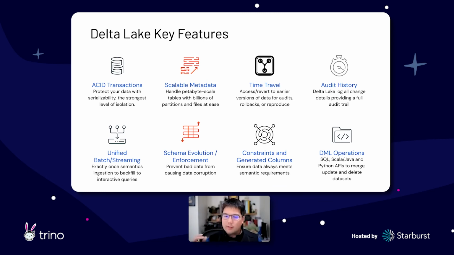There's absolutely this concept of schema evolution and enforcement, this idea that you can enforce the schema to ensure that any changes to the schema cannot happen to the data unless you actually wanted it to happen. And at the same time, you can evolve the schema if it's necessary. There are things like constraints and generated columns, a pretty cool concept to ensure that the data meets your semantic requirements. Constraints, from our database days, and generated columns, some people call it hidden partitioning. We think it's a little bit better because it allows you to generate new columns based on the existing data. And then you can build your structures or your constraints based off of that.